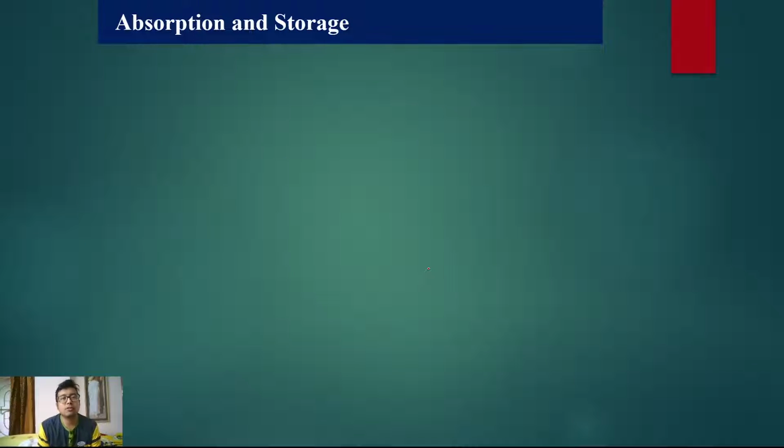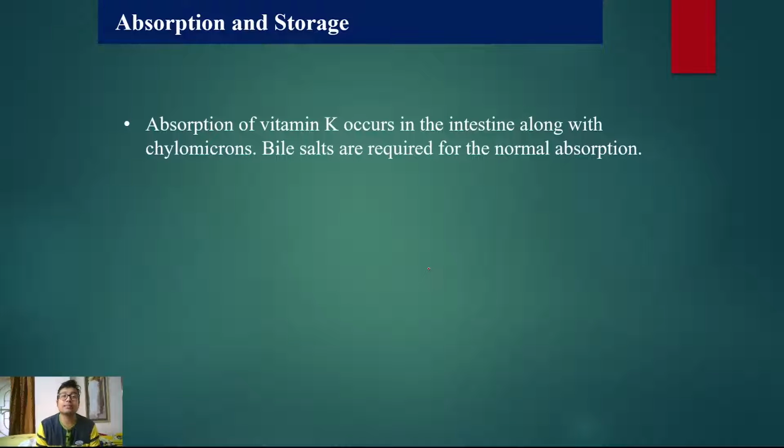We will straight away go into the absorption and storage. Mind it, in vitamin K there is much less to read compared to the other fat soluble vitamins, so this class will be much shorter than you expect. So, vitamin K, as you know, is a fat soluble vitamin, so you will use your previous concepts and it will go along with other fat soluble vitamins, that is, it is absorbed via the chylomicrons. Bile salt is required for normal absorption, because bile salt helps in emulsification of fat. The moment fats are emulsified into small micelles and chylomicrons, similarly with vitamin A, D and E, vitamin K